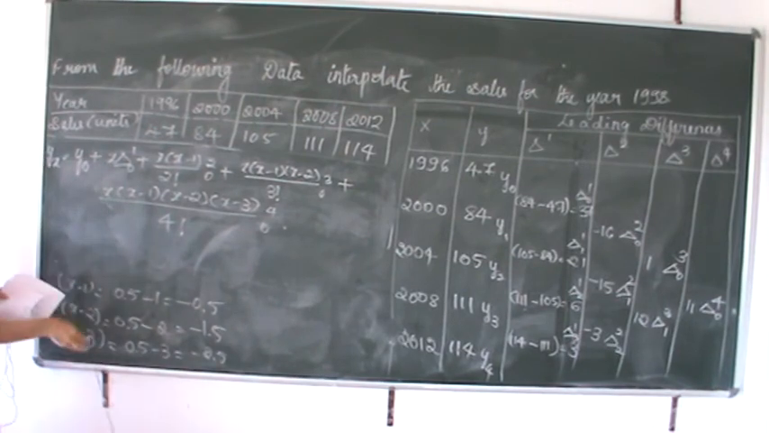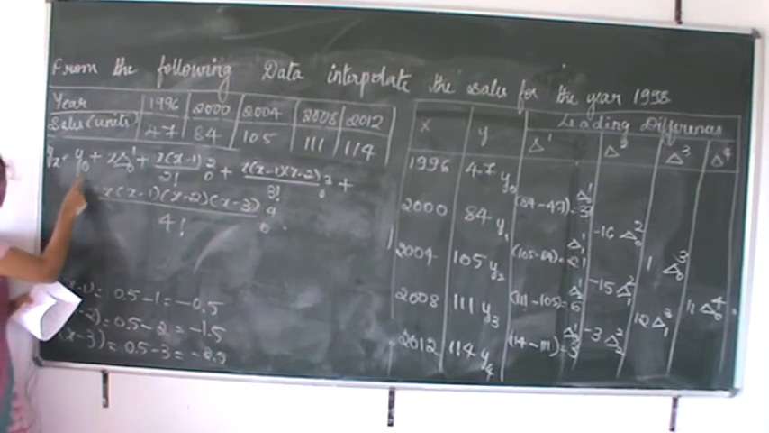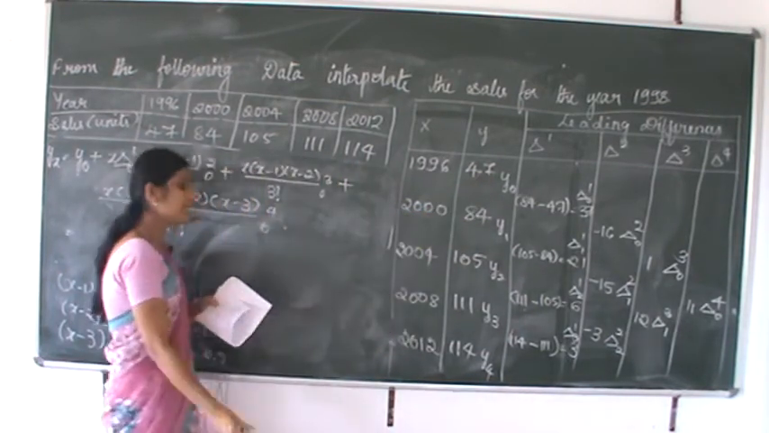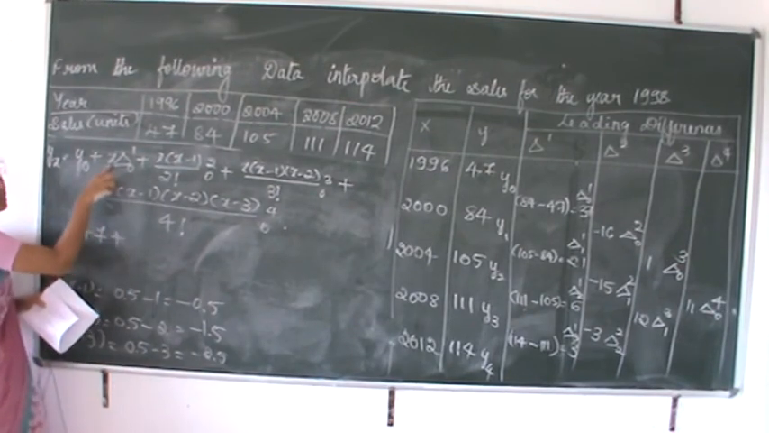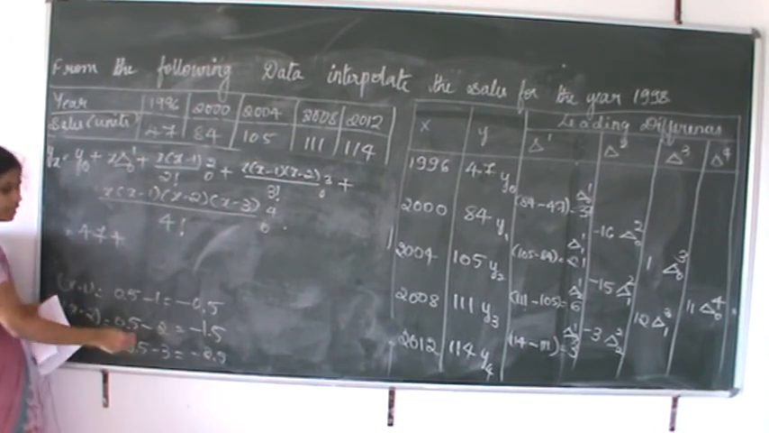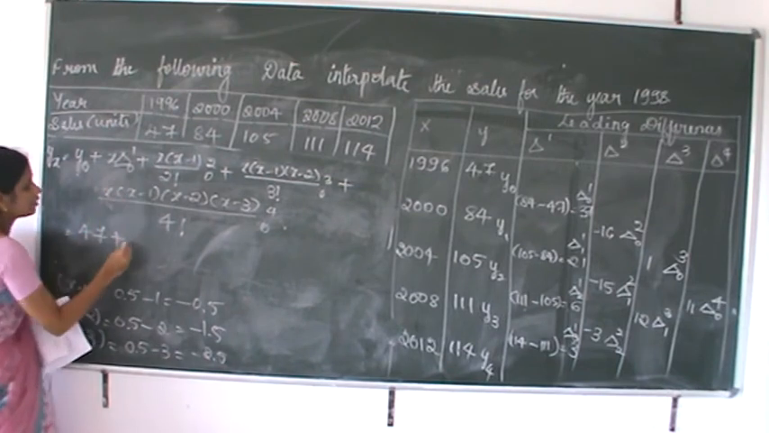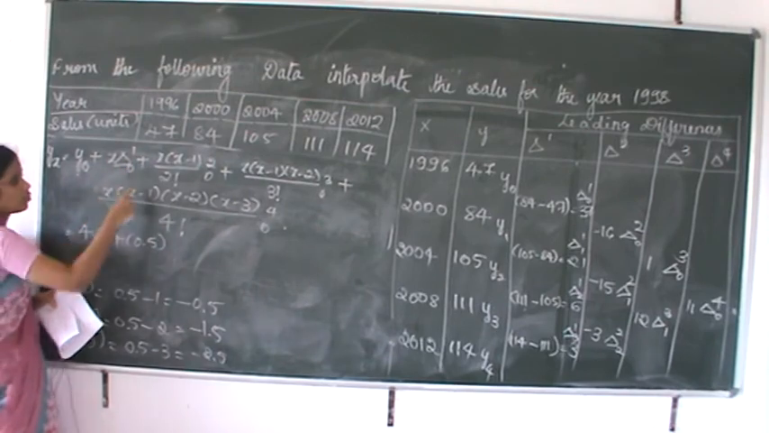Now substitute the values in this formula. y0, what is the value of y0? See this leading difference table, y0 value is 47. So write 47 plus x value, which we have just calculated, x value is 0.5. So here it is 0.5 into delta 0 raised to 1. What is the value